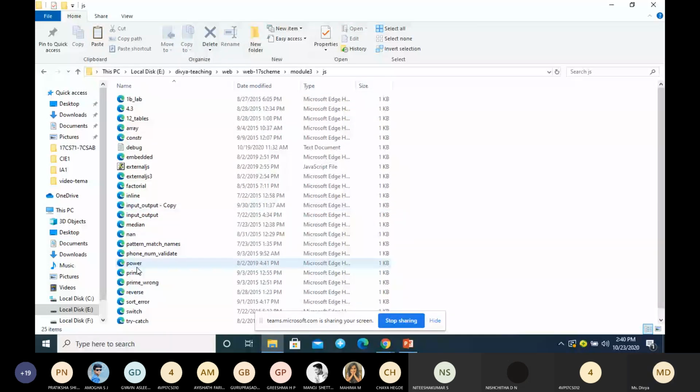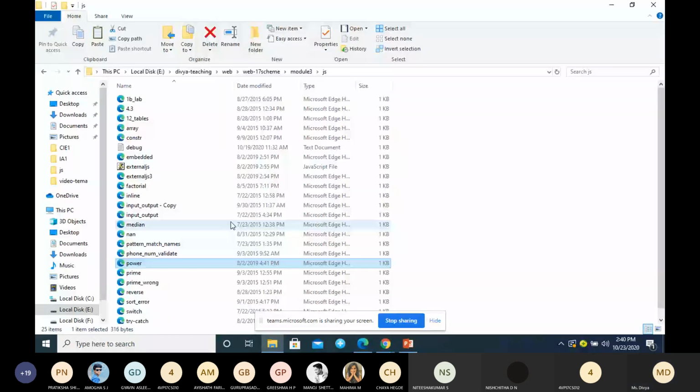So you can see here the code. Look at the code.